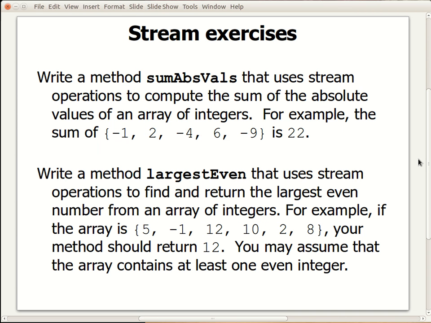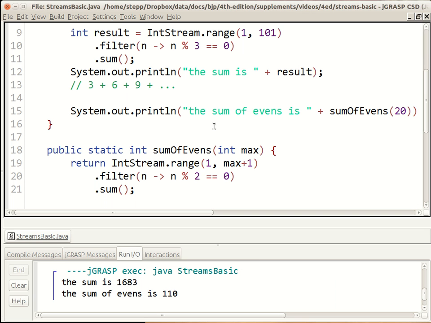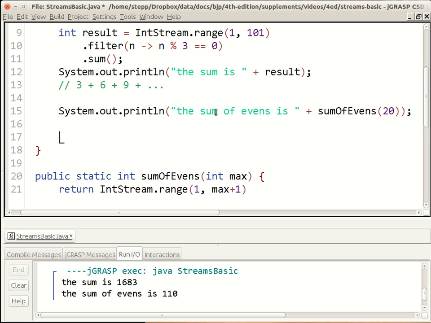Let's write a couple of stream methods together. Sum of absolute values. Let's use stream operations to compute the sum of the absolute values of all of these integers in a stream. So if that's the stream, then the sum of absolute values should be 22. Let's copy this and paste this sequence of values into our code. So let's do